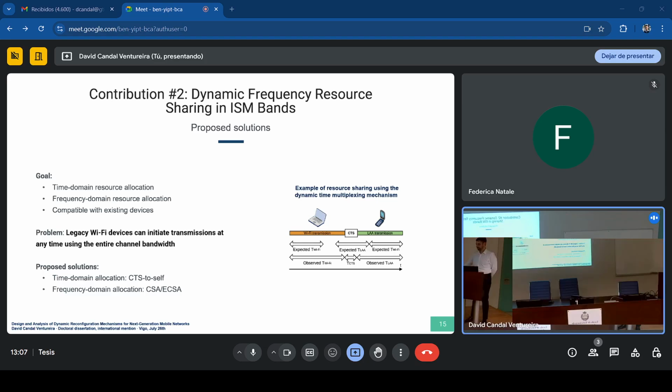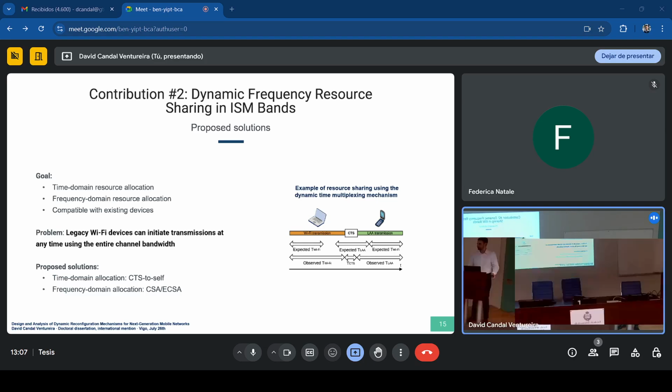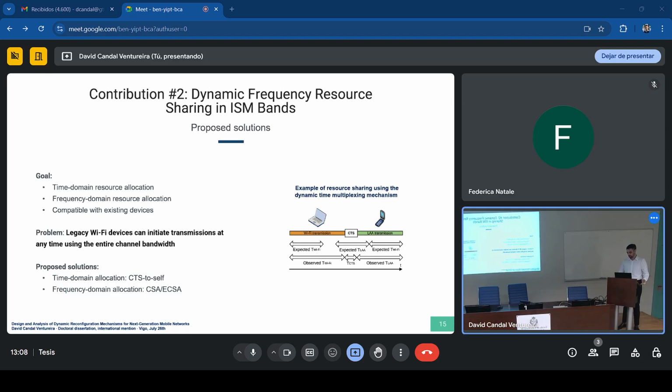This is out of this project, but I have seen that Wi-Fi devices usually, for some reason, use this to get better performance, especially iPhones. I don't know why, but iPhones periodically send CTS just in case they have something to transmit. Then for the next 100 milliseconds the channel is hidden because all the devices defer their transmissions, and if they need to transmit, they do. That happens a lot with iPhones, but also my mobile phone, which is a Samsung, does it from time to time. But with iPhones, it's crazy.